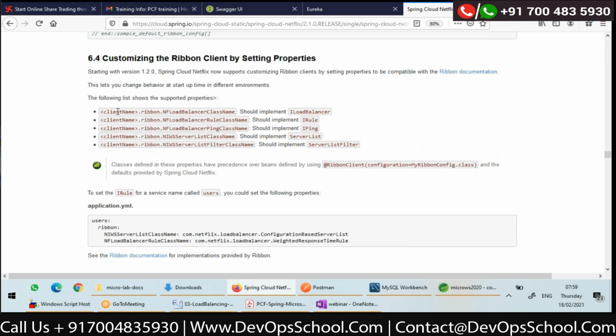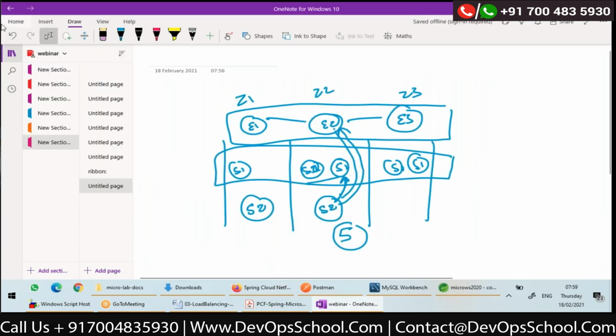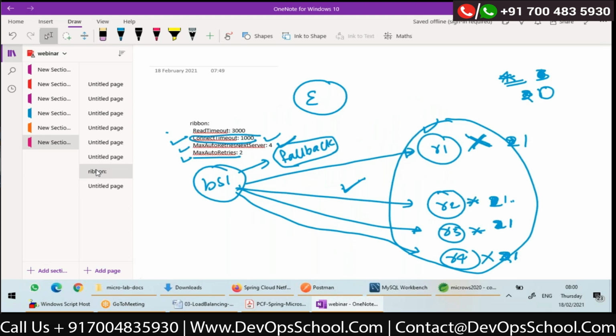You can use clientName.ribbon.NFLoadBalancerClassName, and you can give the value of the class name which is implementing ILoadBalancer. So in this case, what is the client name? Actually we are talking about booking service and routing service, right?